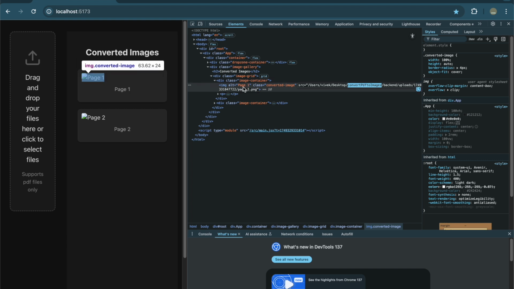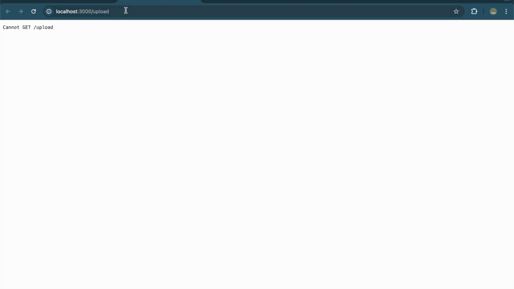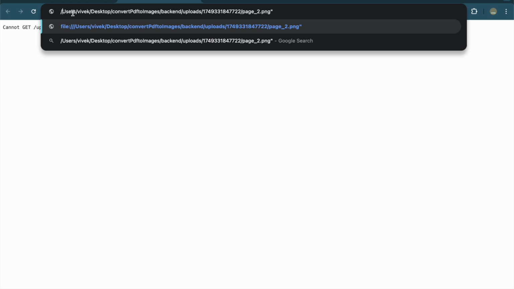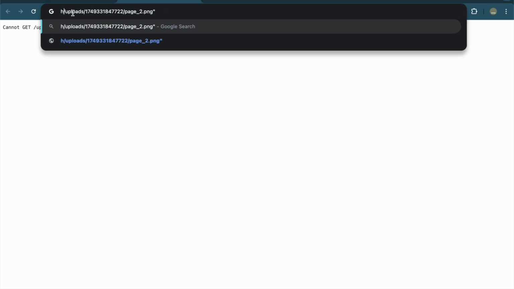So let me show you the demo for this. I'll just select this, copy this path, and paste it out here. So this URL is something that our file is not going to get. What I have to do is close everything, and